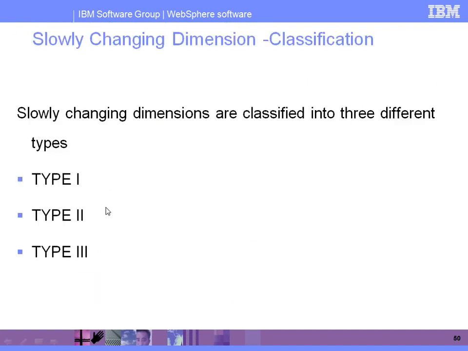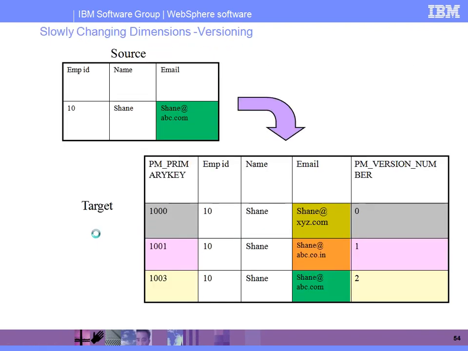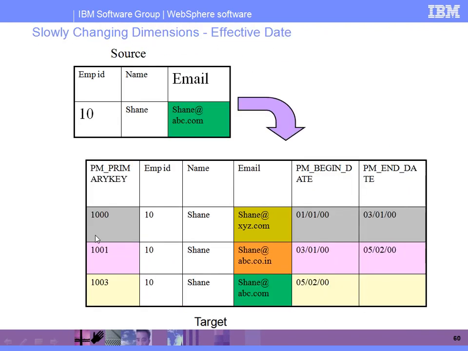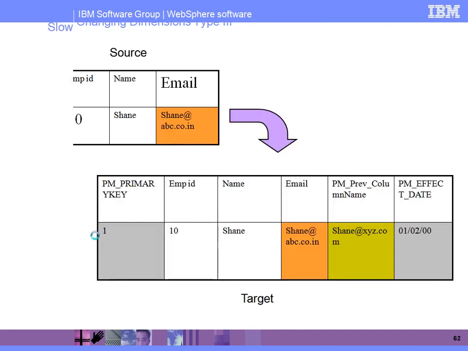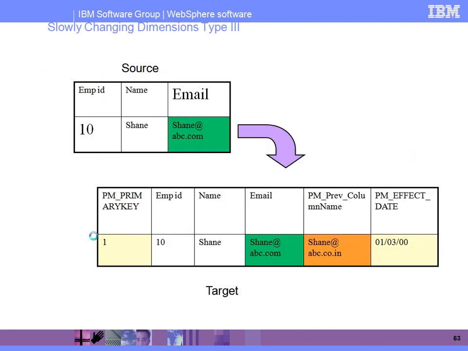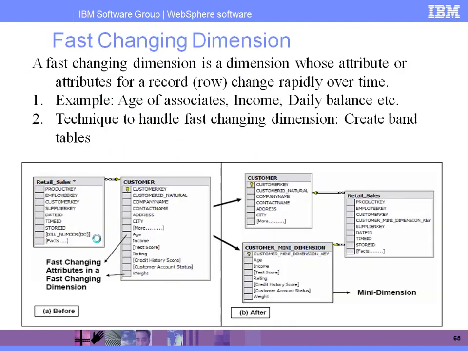If you remember, there are three types of implementations: type 1, type 2, type 3. We already discussed type 1, and how to maintain type 2, and type 3 as well. Type 3 means it's simply going to maintain only partial history. Partial history means current data plus the previous one. That is about the slowly changing dimension table. Today, we are going to discuss the other dimension table.